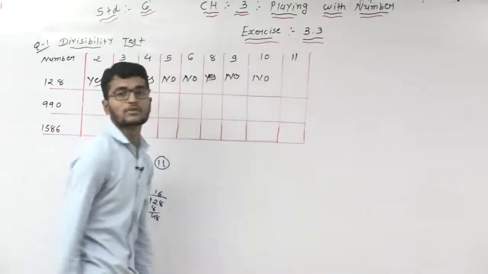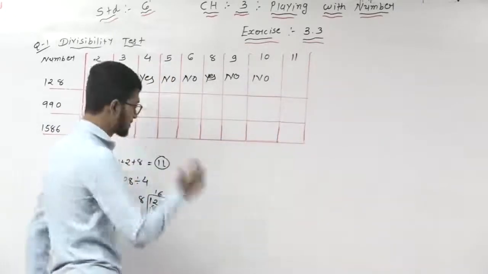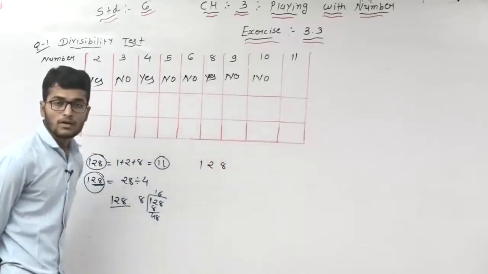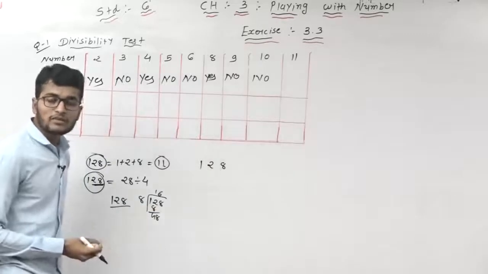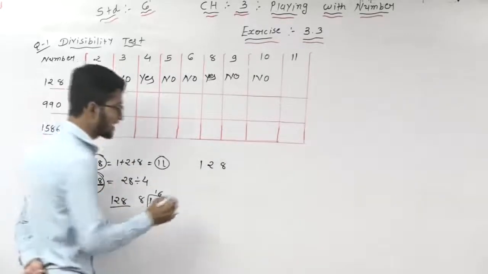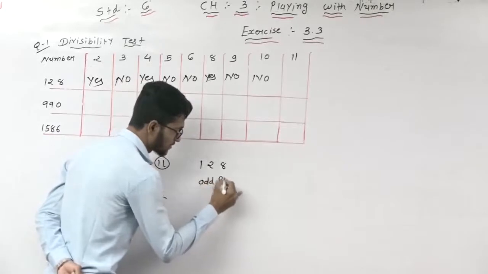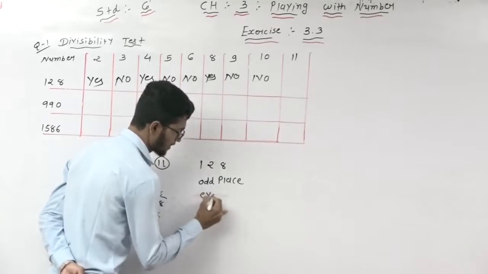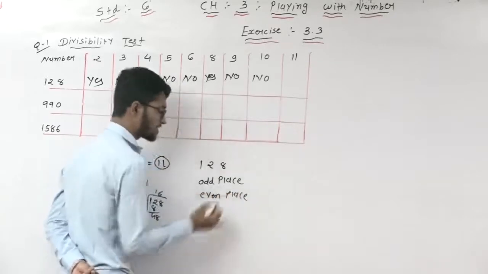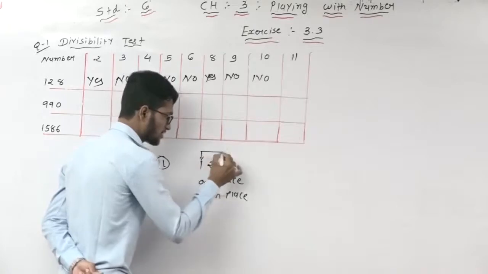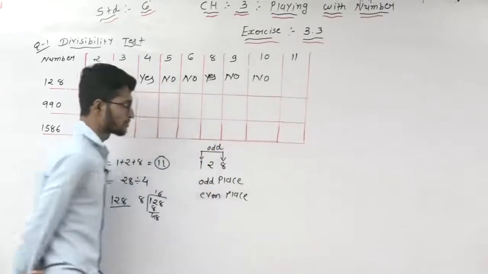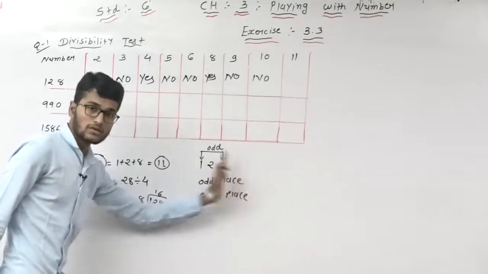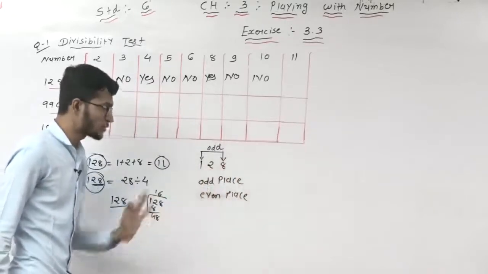Now dear students, 11. Okay? 11 में कैसे करते? 1, 2 and 8. This one is our new one. In any number divided by 11, divisibility is checked. How? So write down odd place and even place. So first of all odd place, this one is and this one is. This 2 is even place. Right? 1, 2 and 3. Start from this side. 1, 2 and 3. It means this one is odd place and this one is also odd place.